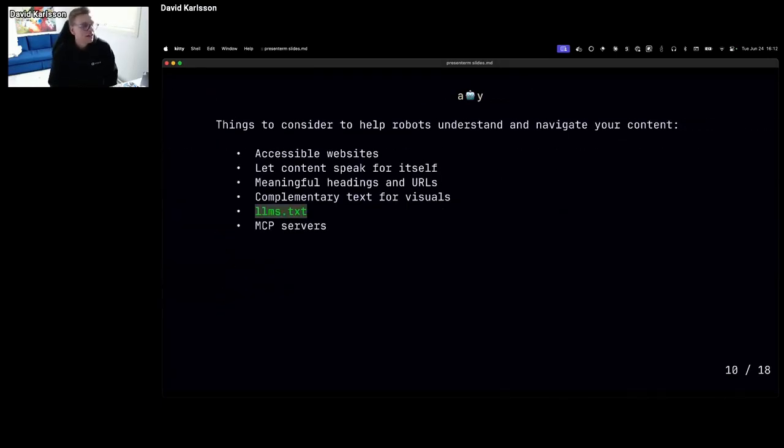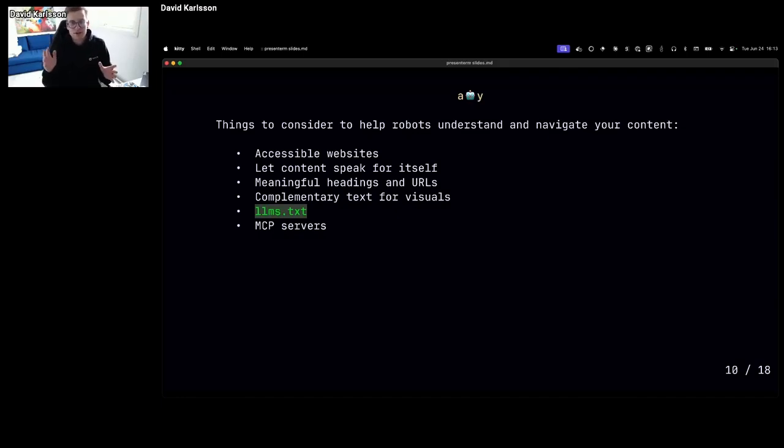And here are some more specific things to help us do this better, right? I'm going to take a closer look at each of these, but from top down, having accessible websites, meaning essentially screen reader accessibility, that type of thing, is great for these robots. Having content, as I said, content is king, really. So having that content speak for itself is also super, super good. And information architecture in general is also very helpful for establishing context for a given